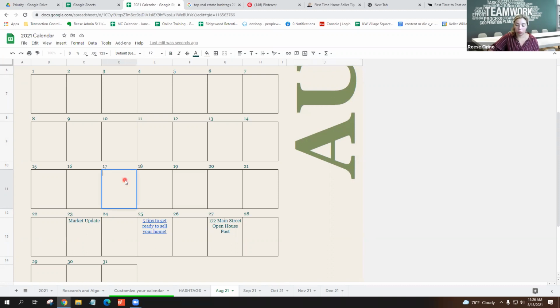Maybe you want to do "which pool would you choose?" You always want to post once a week a question or something where they can comment, like choose 1, 2, or 3, or which one is your favorite part of the home, or what myth did you not know about real estate? Something like that. Which pool would you choose? And again, then you would just do,